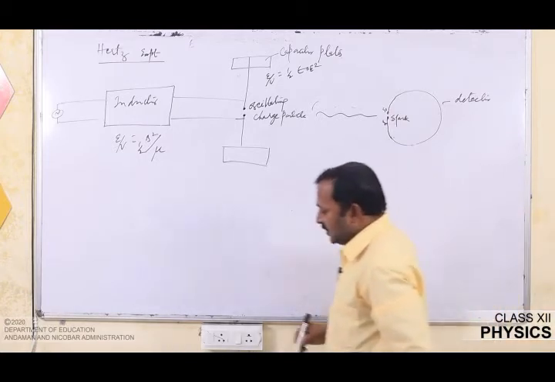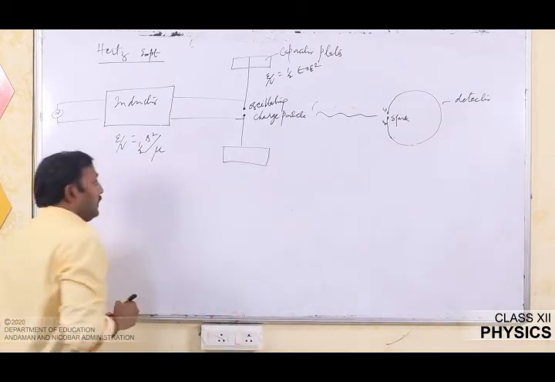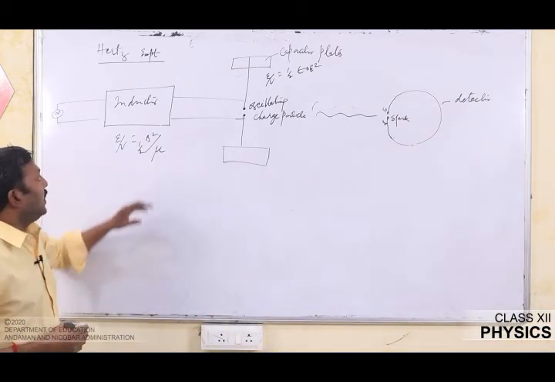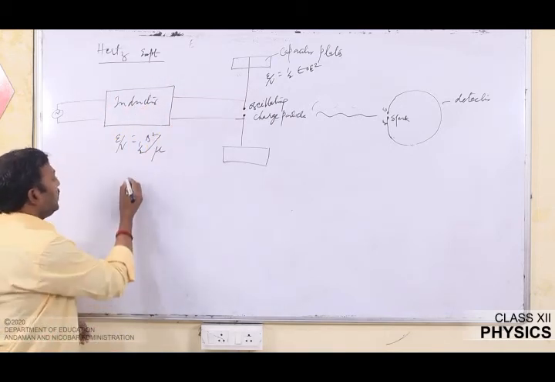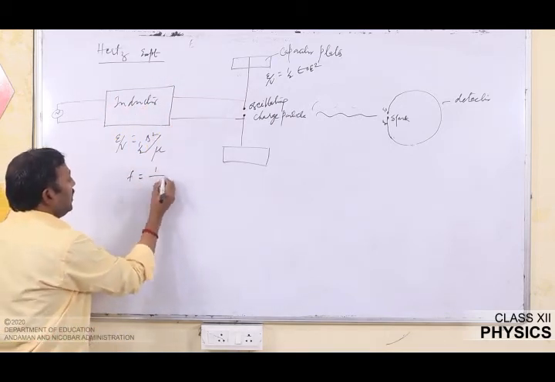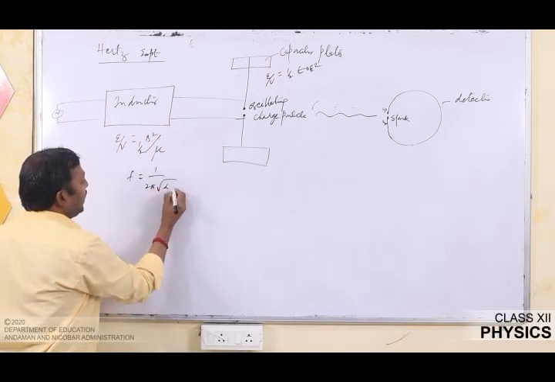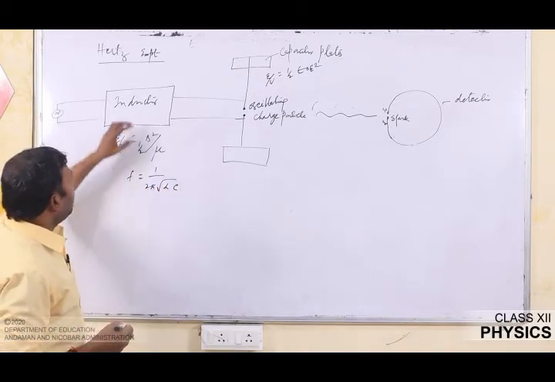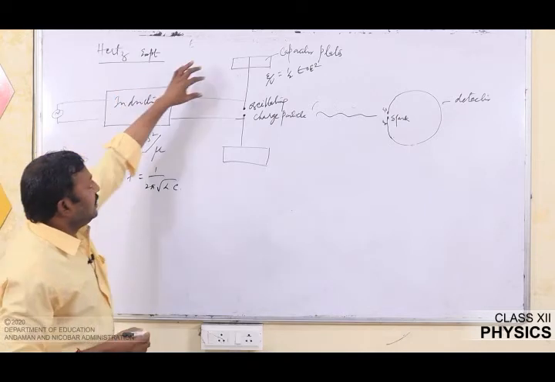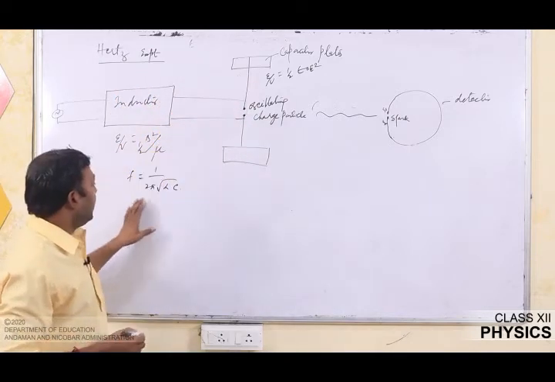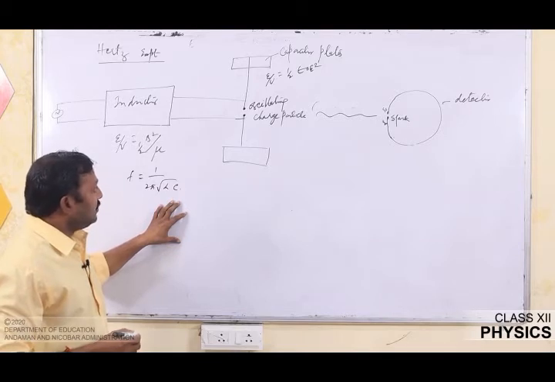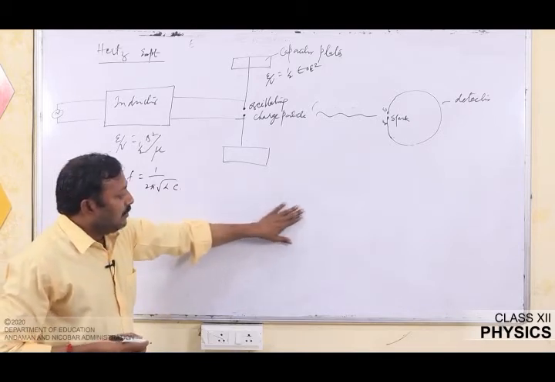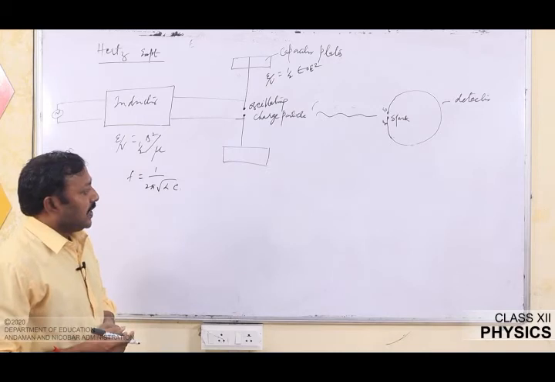The frequency of these electromagnetic waves is determined by the inductance as well as the capacitance value. So, here we have f is equal to 1 by 2 pi under root LC. Taking the known value of inductance and the known value of capacitance, the frequency is determined, and the same frequency has been examined through the process of reflection.